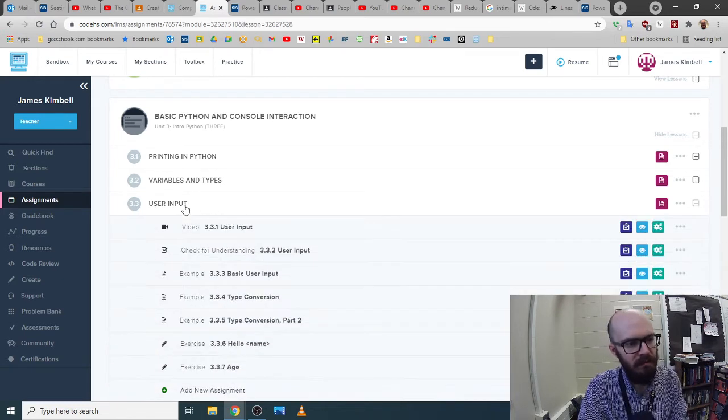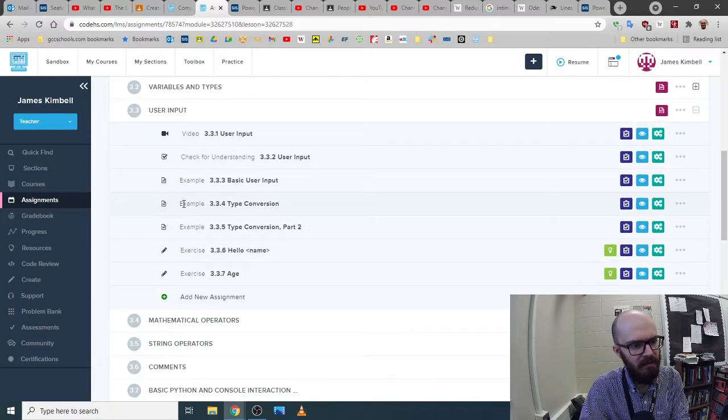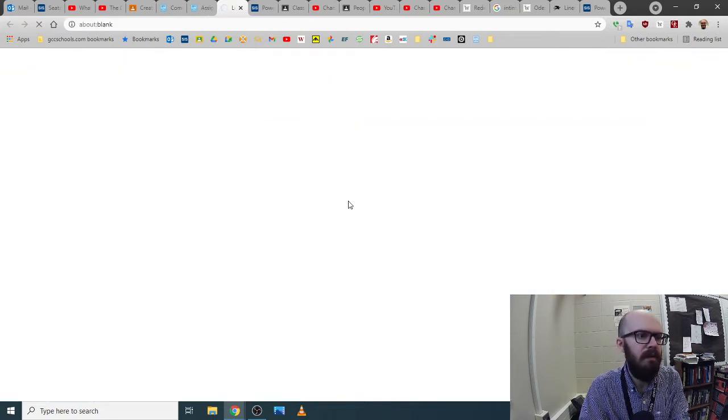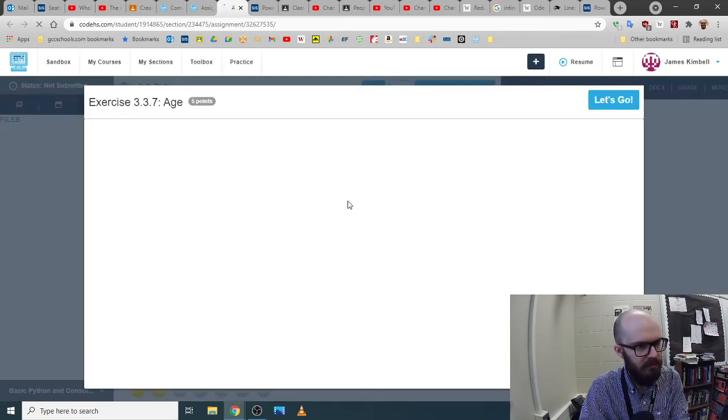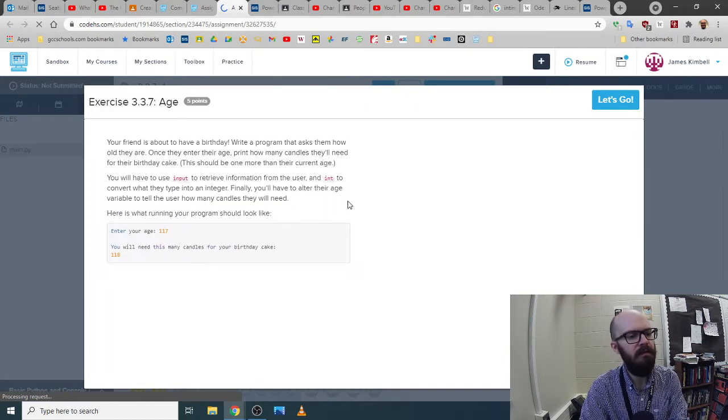Okay, user input. We'll look at that one. And I'm going to go to the one that says exercise. Or why don't we do the last one just to get the most on there. So when you use input, you just type the word input and then you put something in a prompt after it. That's what the user is going to see. So usually it's going to end with like a colon or maybe a question mark. And then whenever they type, you're going to save it under a name, a label,